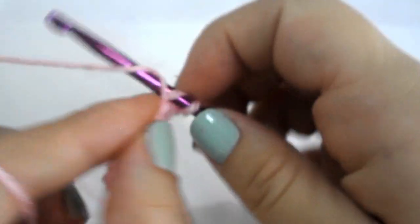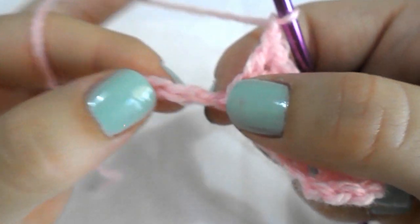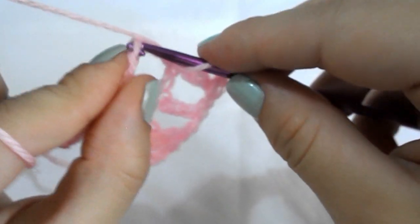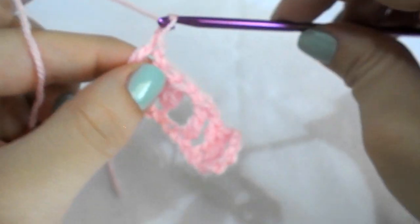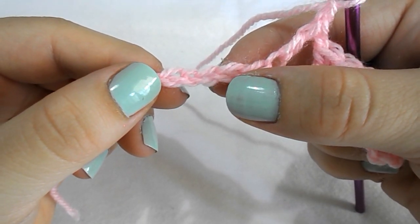One and 2. Chain 1. Skip again the next 2 chains and work a double crochet into the very next. Chain 1. Now continue the row by skipping the next 2 chains and work 2 double crochet into the very next chain